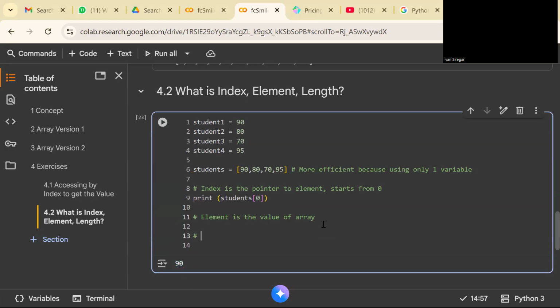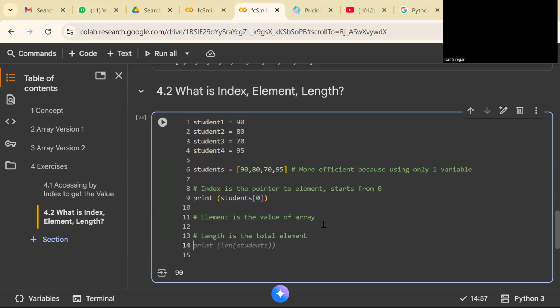And what is the length? Length is the total elements. So you can print the length of the students. Then you're going to get that the total of elements is 4. So 1, 2, 3, 4.